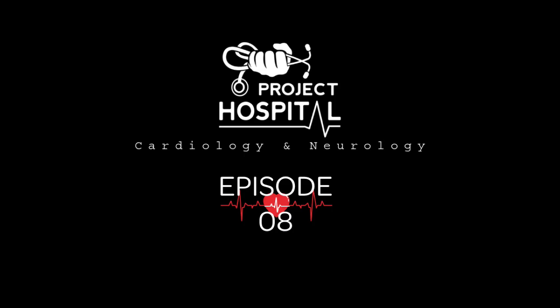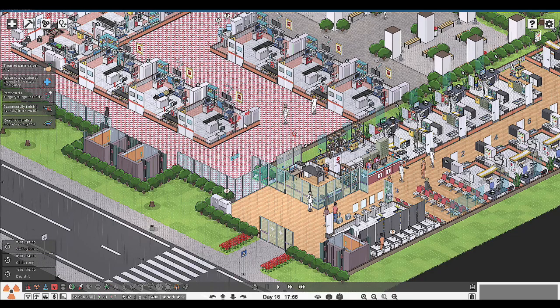As we learned in our last episode, we are having to make some compromises in floors and designs. So in this episode, we're going to build both cardiology and neurology at the same time. So buckle in. This is going to be a long ride. Hopefully not a long episode. I'll probably edit out some of the repetitious stages of this, wall drawing,